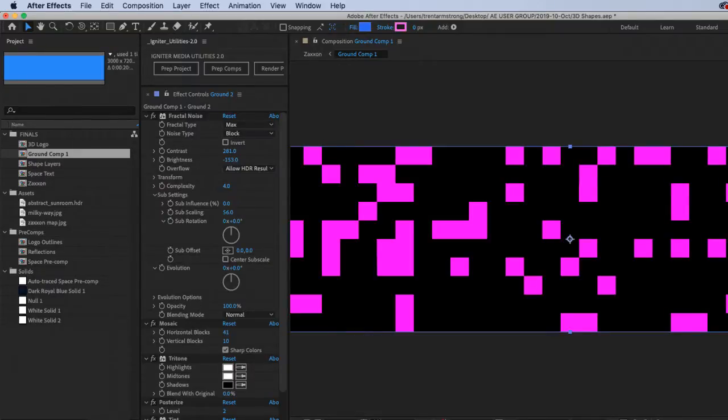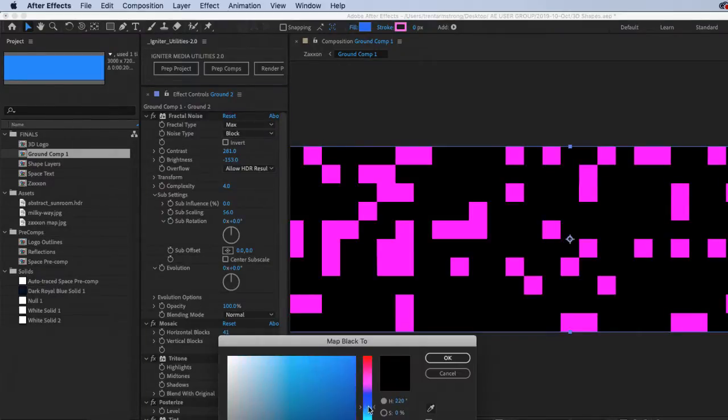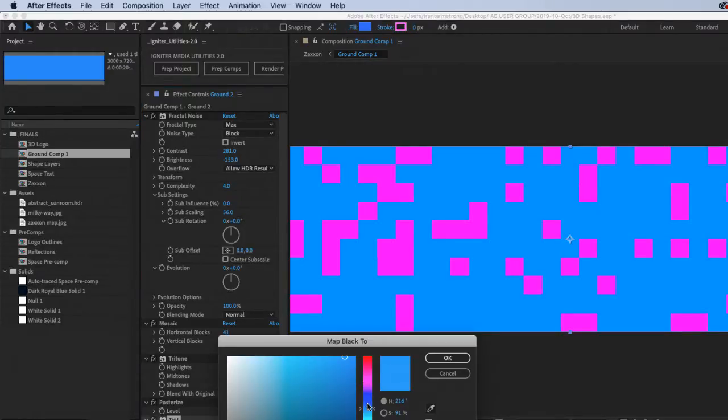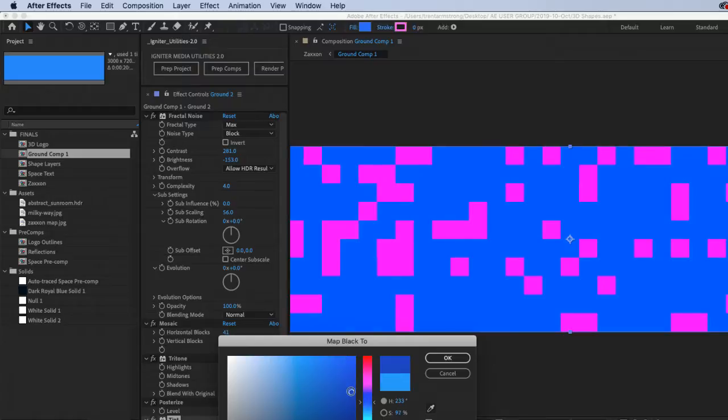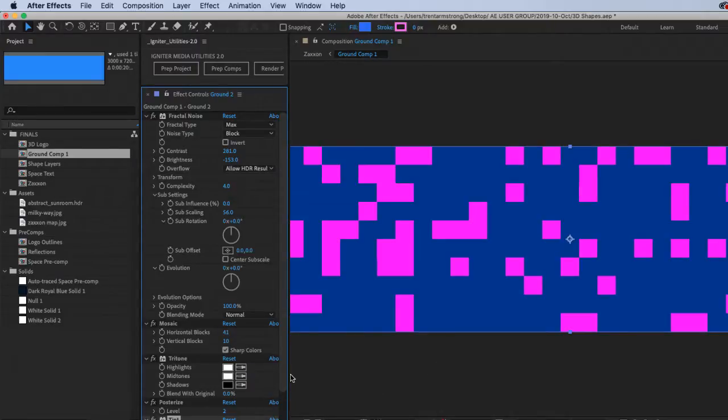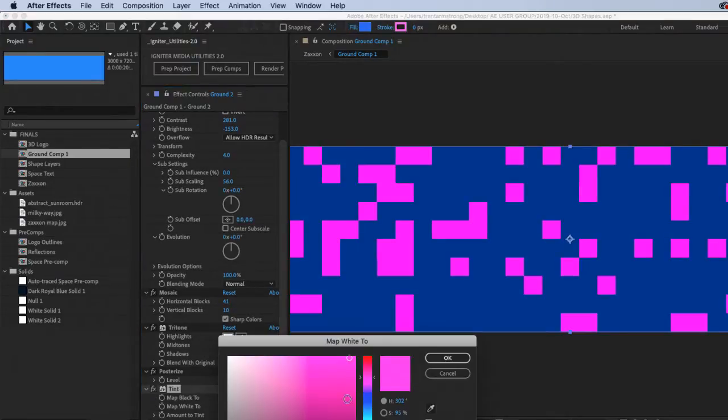Oh, and the ground is blue. Maybe not that blue. Better? Alright, spending too much time on this.